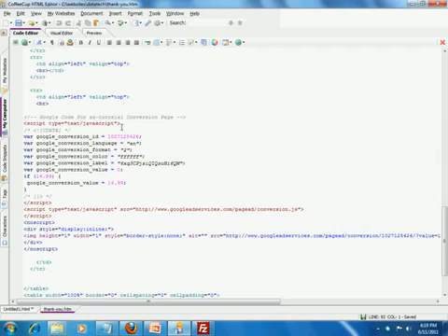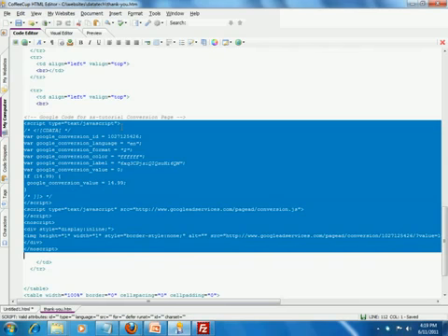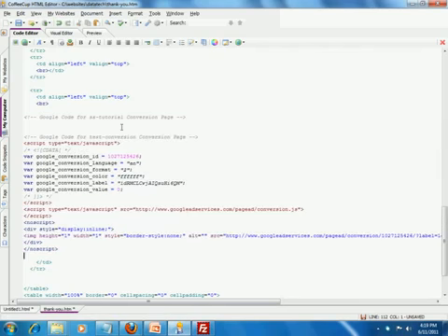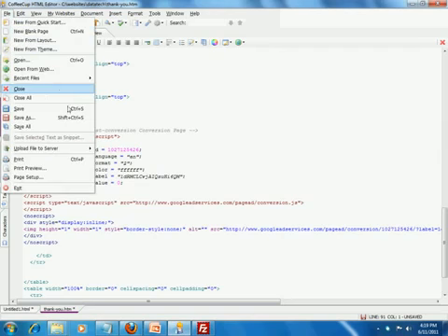But if I was redoing this, I would cut this out and then just paste it. Notice this is just a comments line, so I can take that one out, and here you go. So you save the code, you save this file,